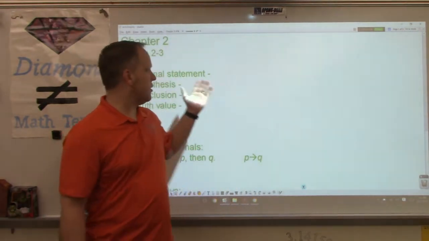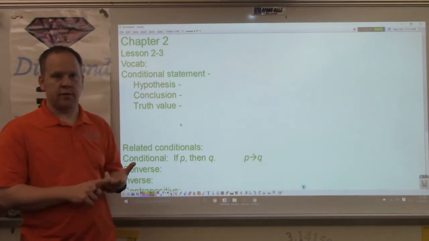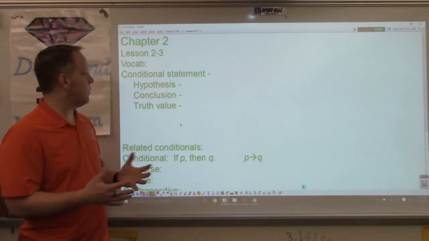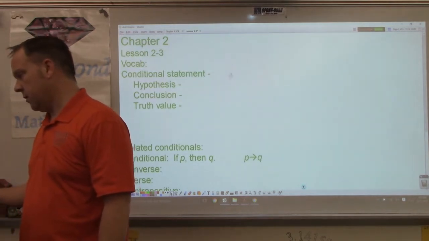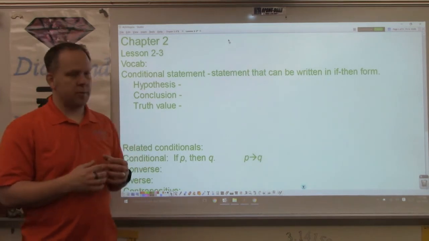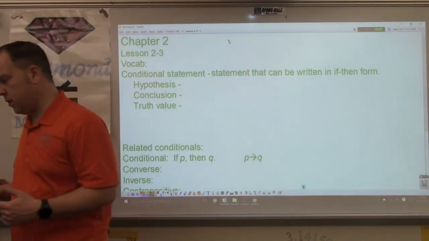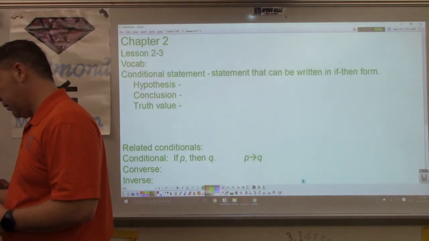Today we're going to look at conditional statements, the parts of it, and their relatives, the converse, the inverse, and contrapositive. So let's first off figure out what is a conditional statement. A conditional statement simply is a statement that is written in an if-then form. Now I'm going to come up with my own, and we're going to refer to this as we go through the notes. So my first one, I'm going to use the sentence,